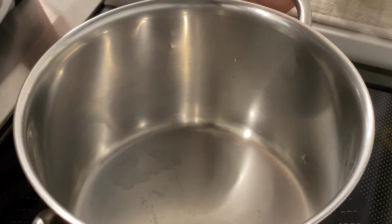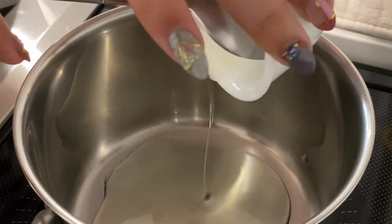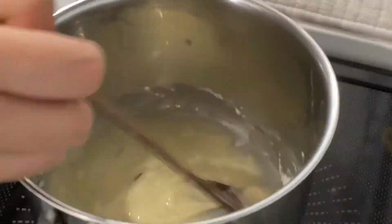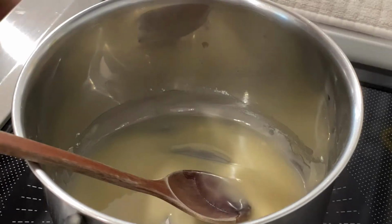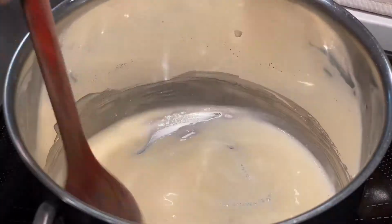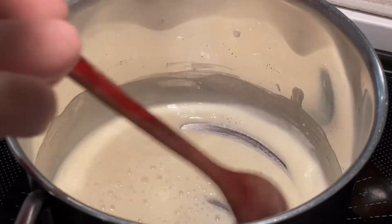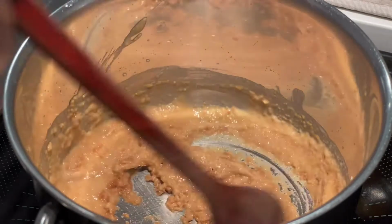So in a small pot, I'm going to be adding in my oil, my flour. I'm just going to switch over to my wooden spoon and give that a stir. And once that's done, you're going to turn on the heat to medium and constantly stir this around until it browns. Once it has been boiling for a bit, I turned up the heat to medium-high. And okay, once it's turning brown like this, you go ahead and